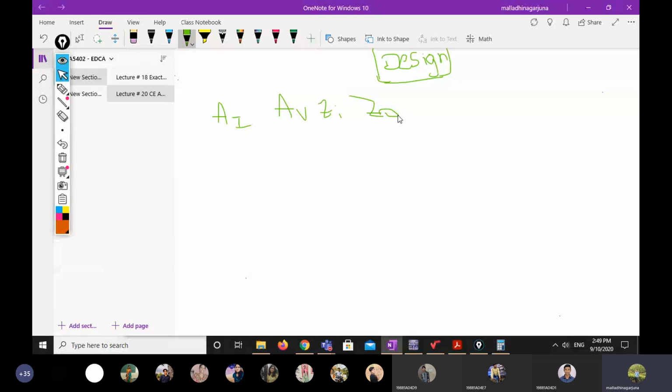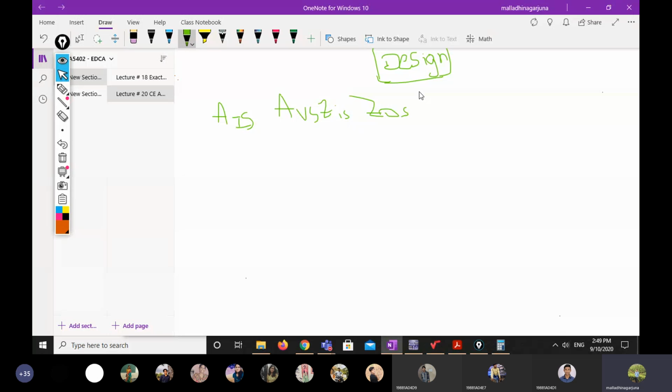So whether you mention with source or without source is your wish. You can even take AI, AV, ZI, Z0, or you can even calculate AIS, AVS, ZIS, Z0S. That is up to you, that depends on your understanding. And once again, I forgot to tell you that design is design, there is no standard procedure.